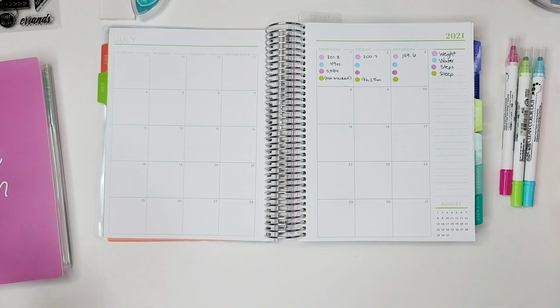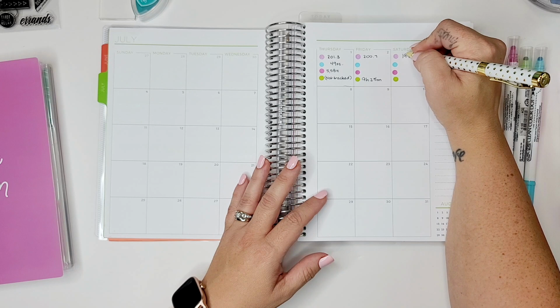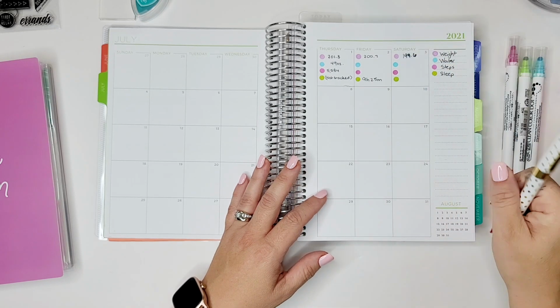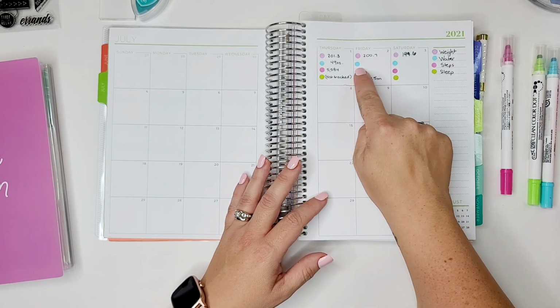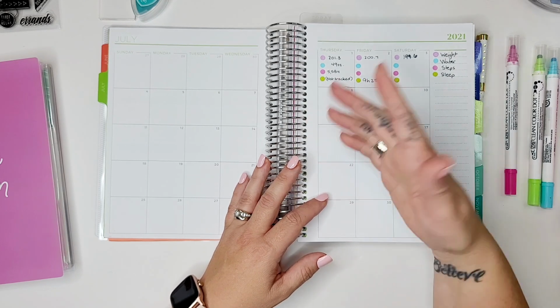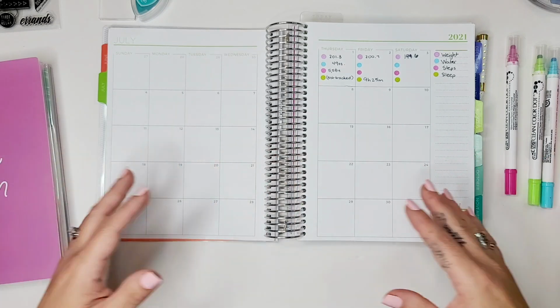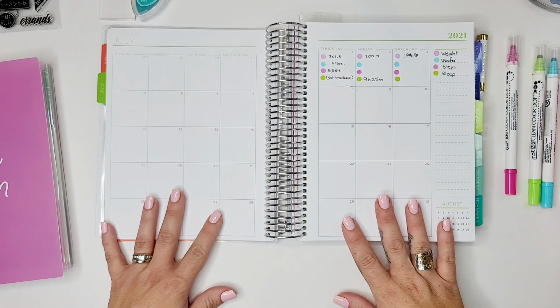So already moving down a little bit, which always happens at the very beginning of any weight loss journey. The key is just sticking to it. So 199.6. And then what I'll do is every morning I'll go back and look at what yesterday's stats were and put them in the morning. I just didn't have time to do it this morning. So hopefully by the end of the month,